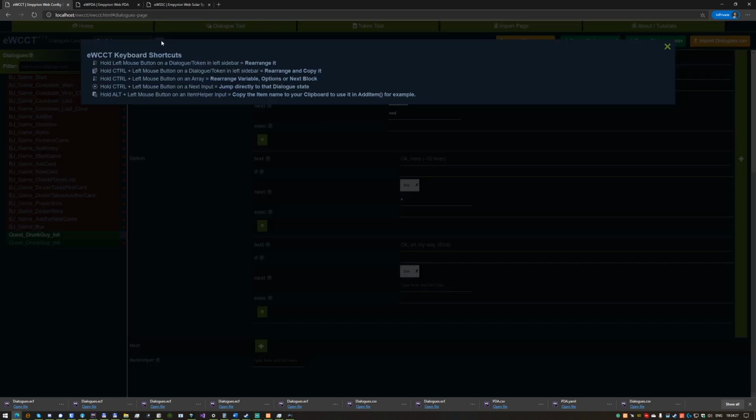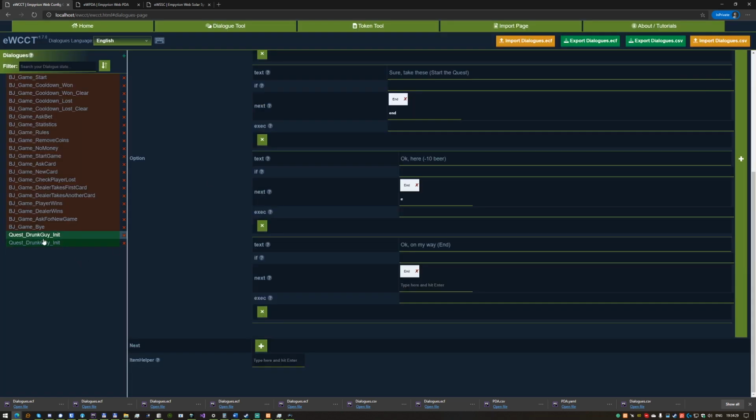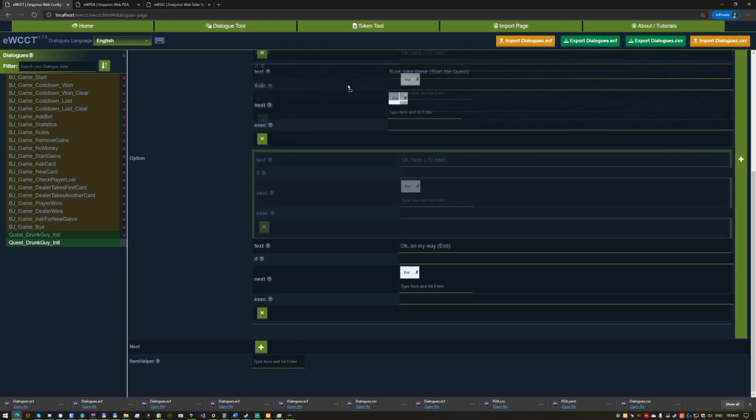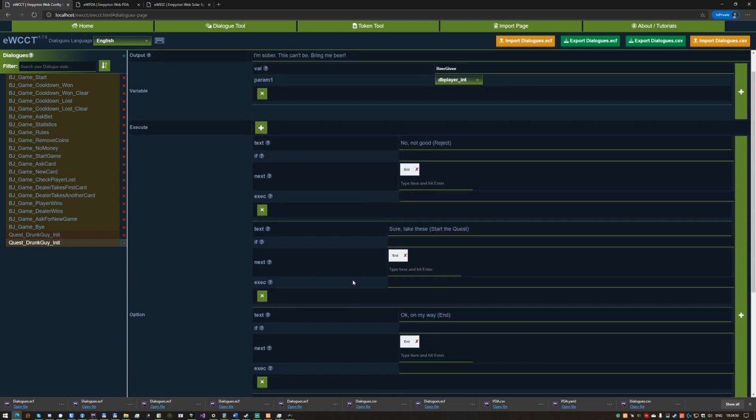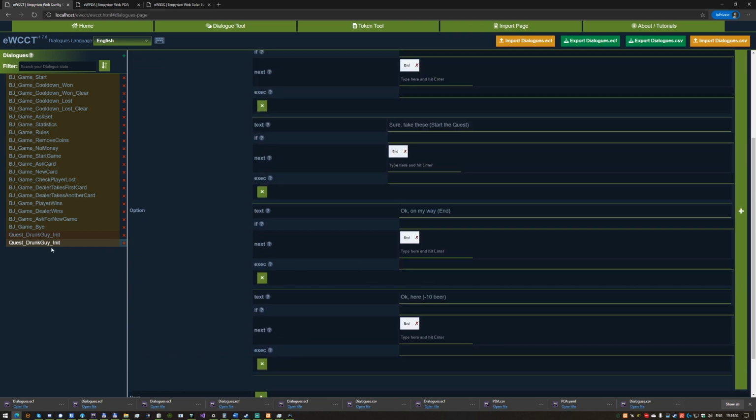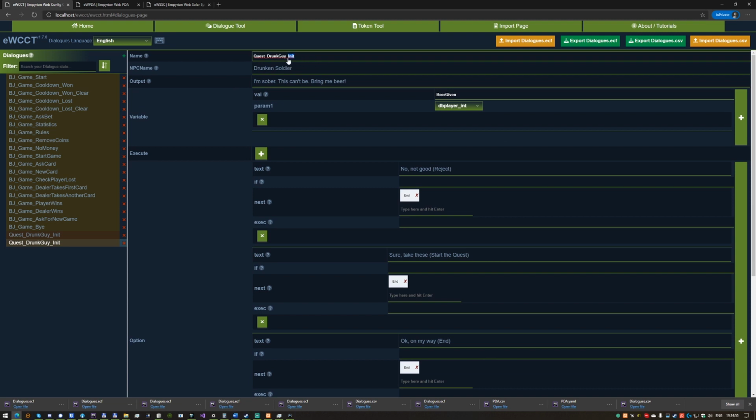If you click on this icon, you can read it yourself, but basically press and hold Control key duplicates your dialog stuff. This is sometimes handy to not write it again. And press and hold Control to move options in a different order is also sometimes useful. And here we have a thank you. And just to explain a little bit,